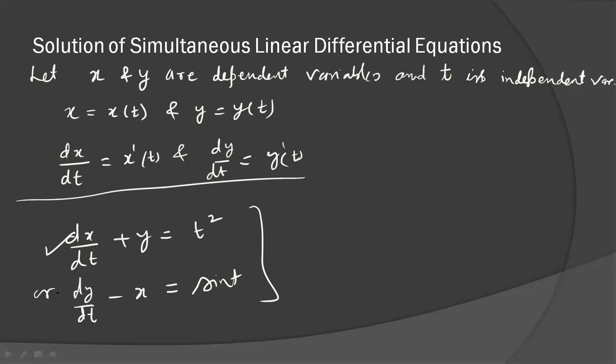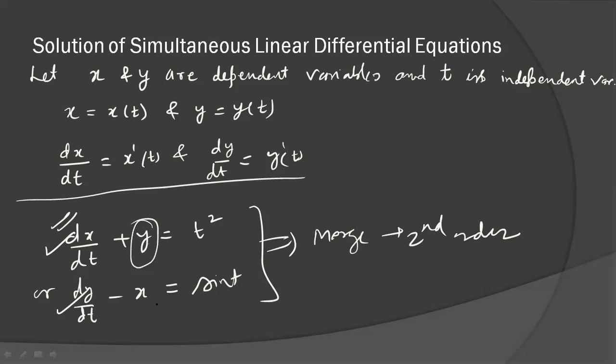If you have two first order differential equations and you merge or couple them, you will get a second order differential equation. How? If you differentiate with respect to t on both sides, you will get the derivative term dy by dt, and you can substitute the value of dy by dt in equation 1, but the order of the differential equation will then become 2. So any differential equation of nth order can be broken into n first order linear differential equations, or n linear differential equations can be coupled or merged into an nth order differential equation.